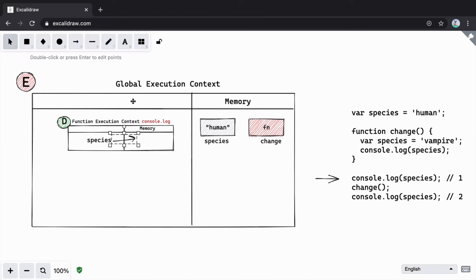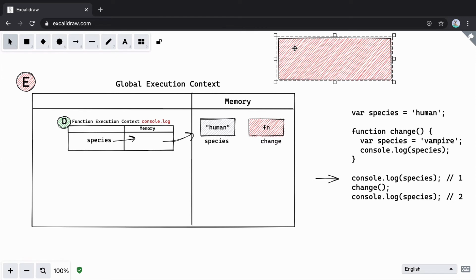You don't find it, so you bubble out to the parent. Here I'll bubble out to the parent, and we see the value of species is human. Because of that, we can see the output in the console. So the console output for the first time will be human. As soon as that happens, the execution context will be deleted.